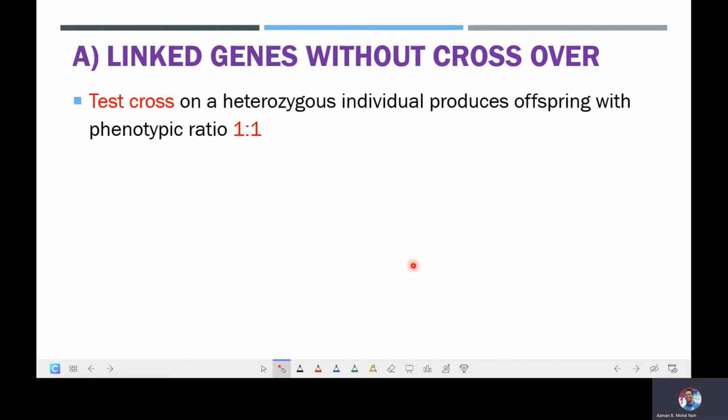There are two types of linked genes that we have to know. The first type will be linked genes without crossover. In this particular case, if we do a test cross on a heterozygous individual, this will produce offspring with the phenotypic ratio of 1:1. And this is different from the Mendelian dihybrid test cross, in which